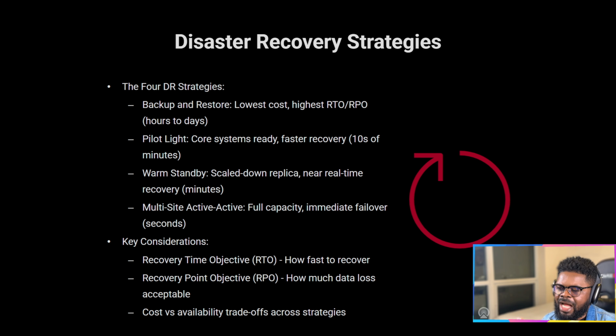So depending on how fast you want to recover would also determine your disaster recovery strategy that you need to have, right? There is also the recovery point objective, meaning the point there is what you are taking note of, right? So there's time, so time is how fast should that recovery happen? But there's also point, like how much data loss is acceptable, right? So it's more or less like I have backed up data, but how much back in the past can I go? So something happens now and the system is corrupted, like how far in the past should I be able